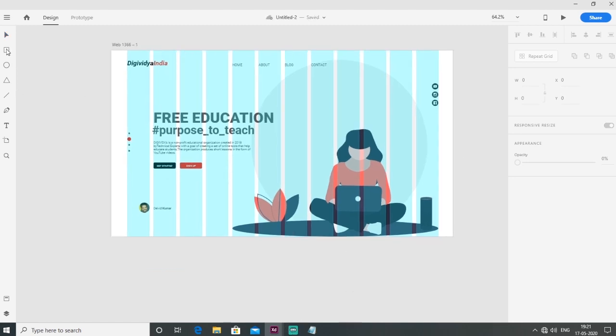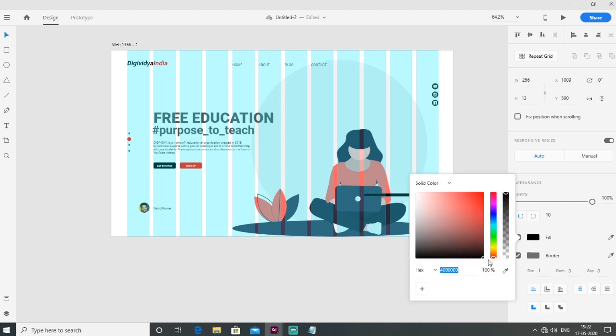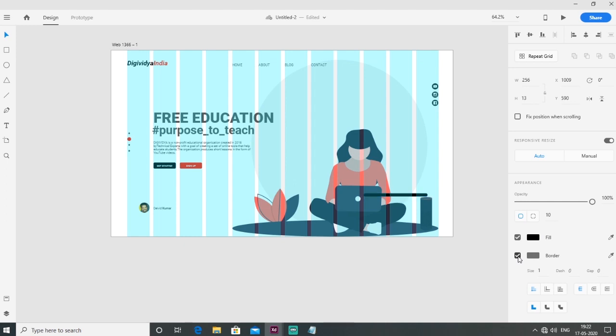Now I want to make a progress bar using a rectangle and rotate this rectangle into 10. I select the rectangle, fill color is black, border is none.